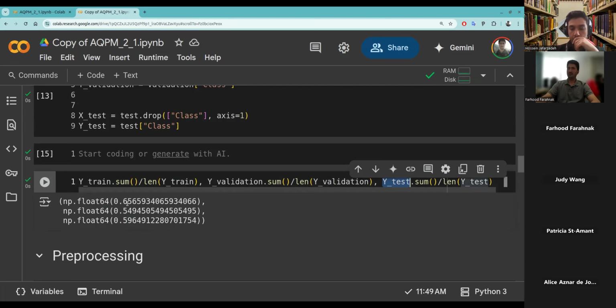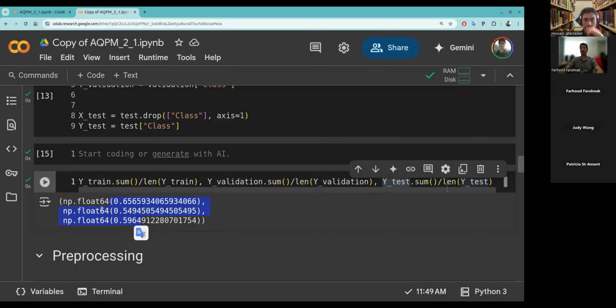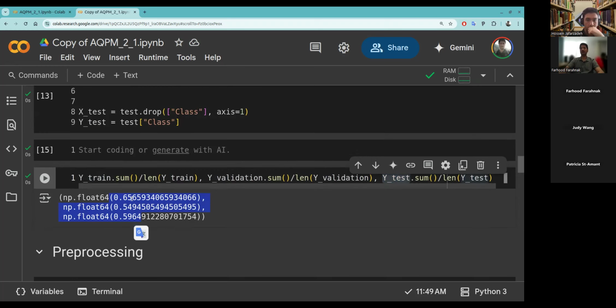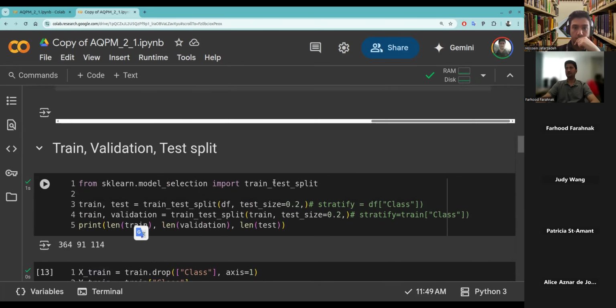Is it problematic? Maybe. In many cases, it could be problematic. We did this splitting randomly. So we want to have a similar distribution between all of them, and we like to have the same distribution as the original data set. So in that case,